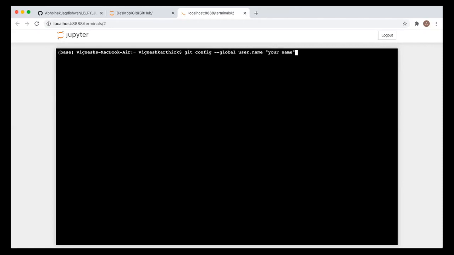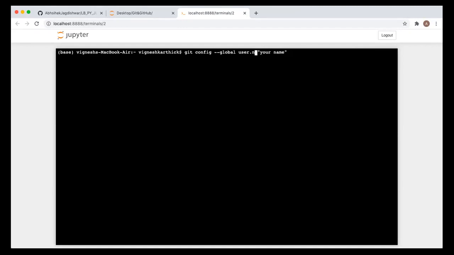Do this. So basically you are setting up your identity, with which name and with which user email you will be making the changes. Okay, so first we are setting the username, and this setting we are doing in Git, or you can say in the local system. Okay, so first do this. Write git config --global user.name and then your name in the quotation. Let me know once it is done.